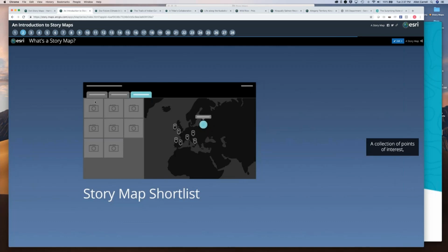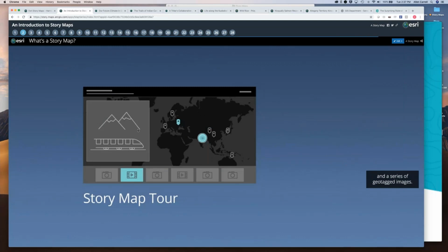One cool thing about Shortlist is that as you pan and zoom around the map, the items in the thumbnail panel update according to what's in the current map view. So if you're exploring a neighborhood, then you're only seeing the points of interest within that area. You're not distracted by the rest of the points of interest.